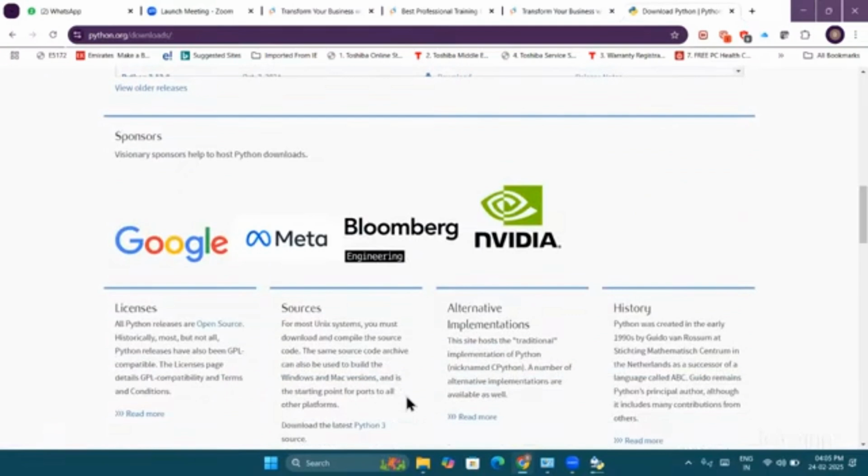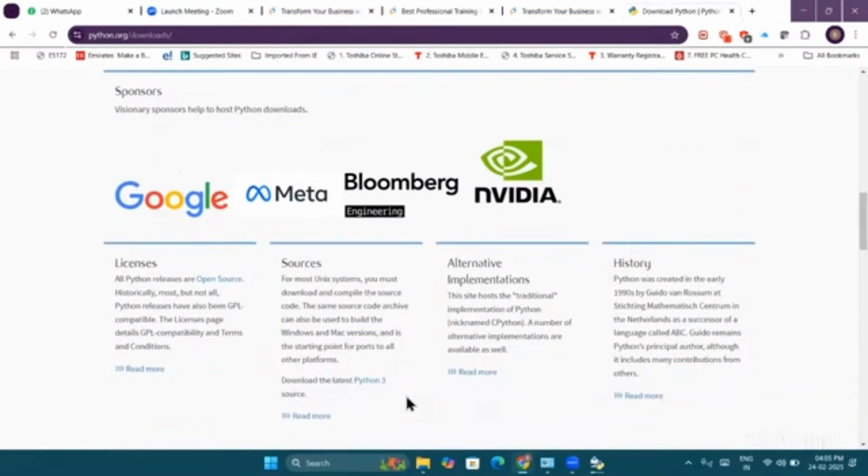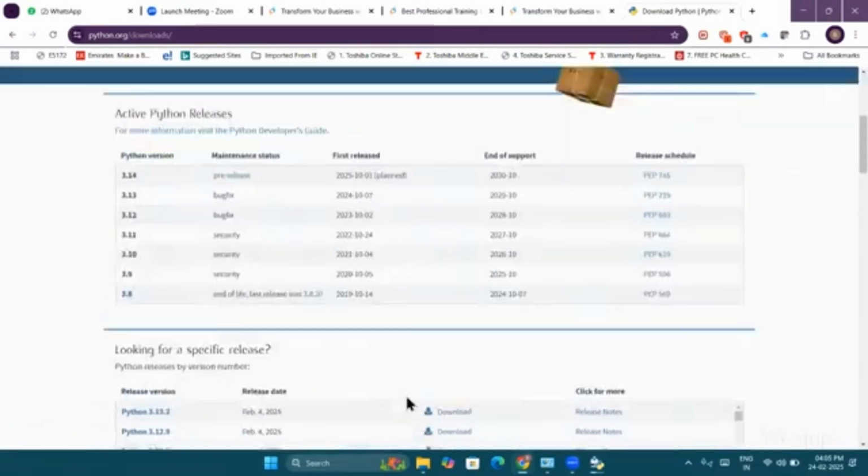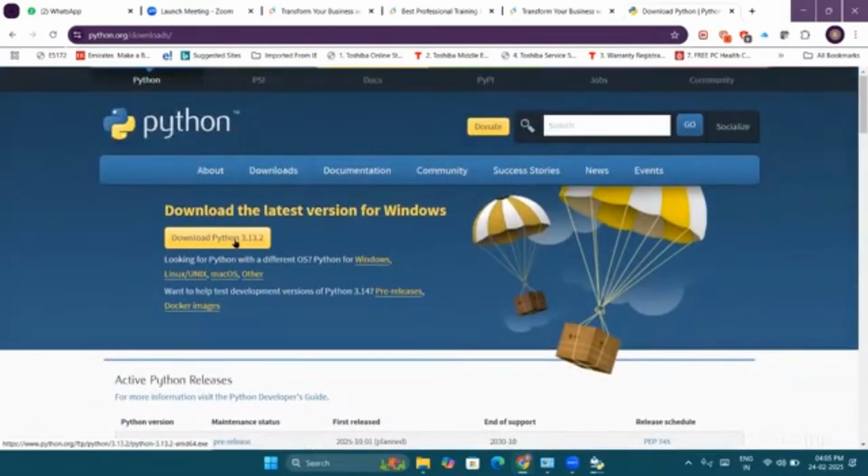Okay. These are all the sponsors: Google, Meta, NVIDIA, Bloomberg Engineering, all of this. So the latest is 3.13.2. Okay, 3.13.2. So when you click on that,